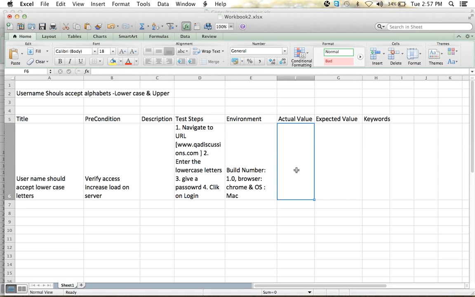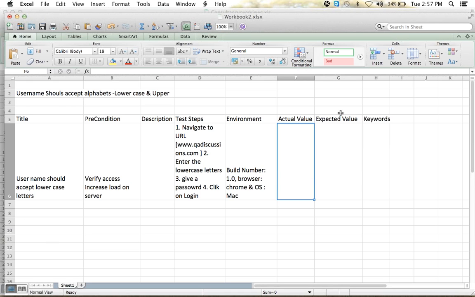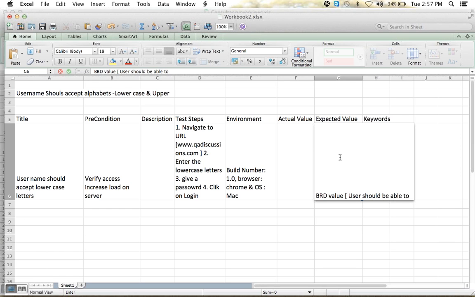So what is the actual value? Whatever result we get after performing these particular test steps, that is the actual value. Expected value means the BRD value. Like it should accept, right? So the user should be able to log in with lowercase letters.